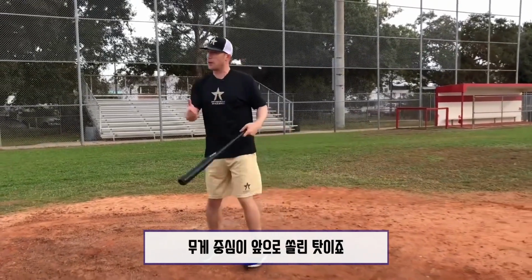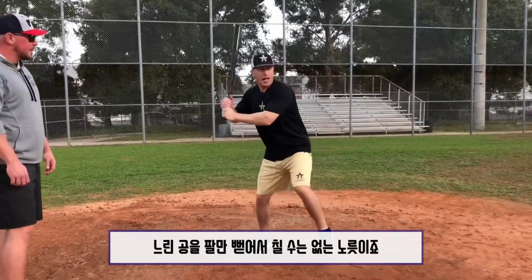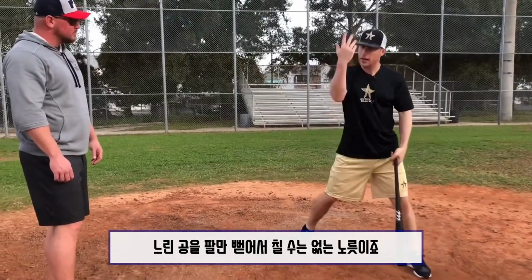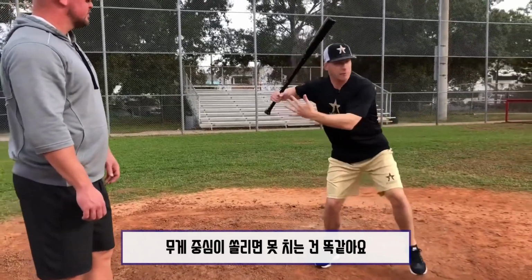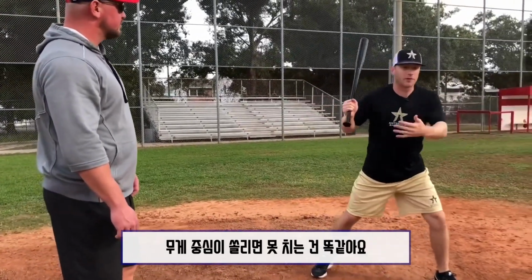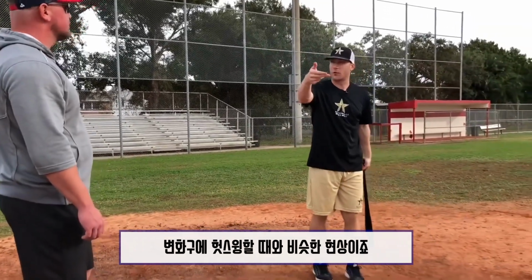Everything gets forward too much because they're used to just, okay, I'm on time for that hard thrower, and I'm never gonna be too far forward, I'll hit it. But if I do the same thing off a guy that throws slow and nothing keeps me back, well then I can't stop myself, and I'm just out over my front foot. You see that in 90% of swings when all of a sudden they throw in the guy that throws nothing